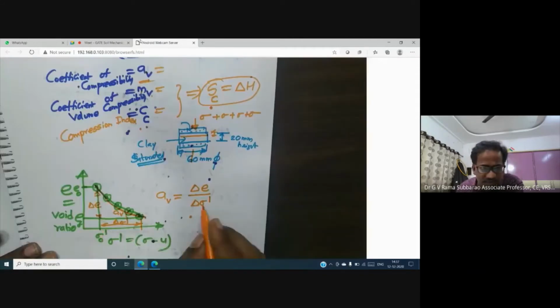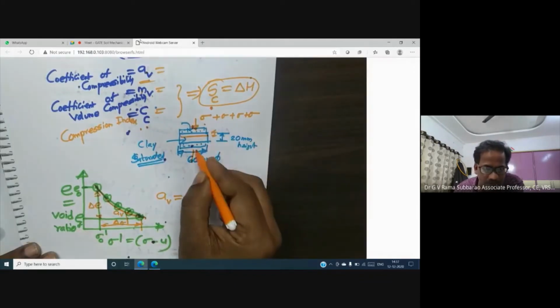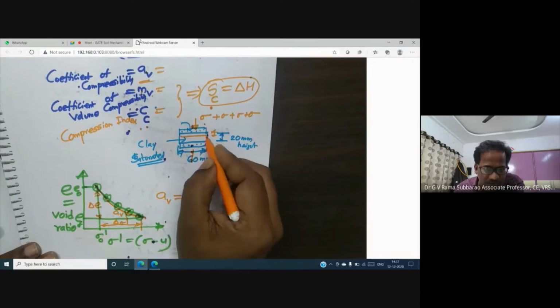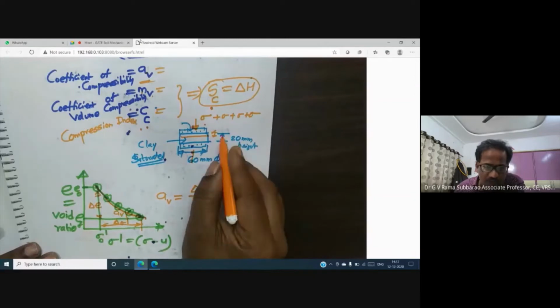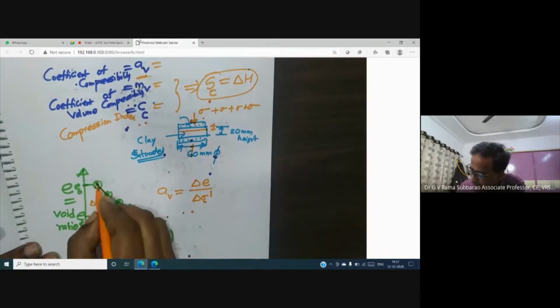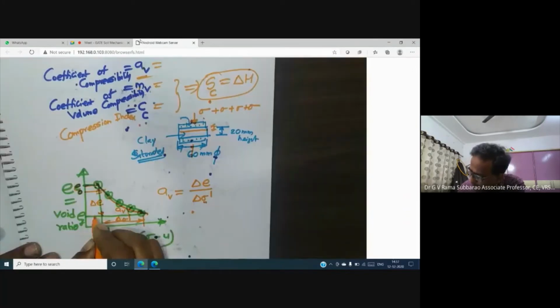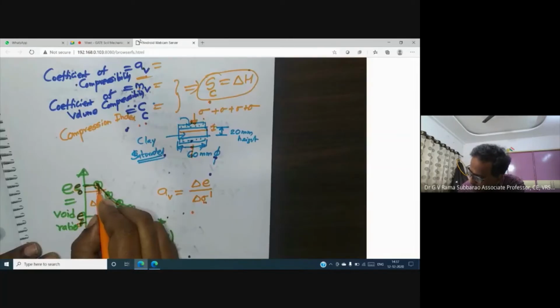With increase in stress, somebody can ask me, sir, how can you say the stress is increasing? Because I'm gradually putting load on the soil and I am allowing time for consolidation, time for settlement. So I can expect a reduction in volume, nothing but a reduction in void ratio. For each load increment, I can expect one void ratio, e0, e1, e2, but ultimately there is a final void ratio, ef. Now, the initial stress is sigma naught dash.